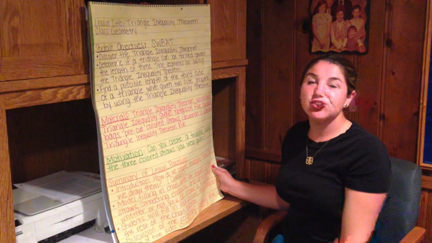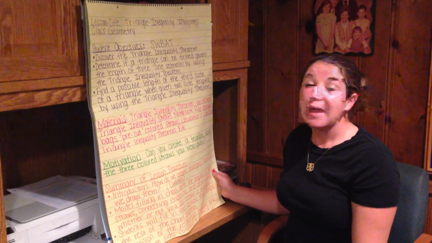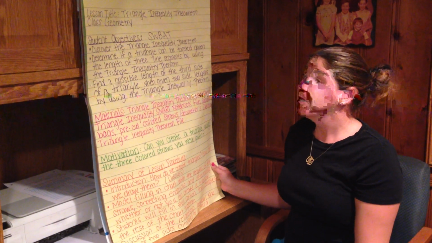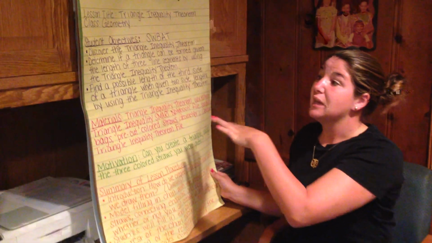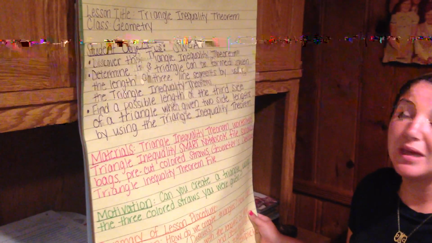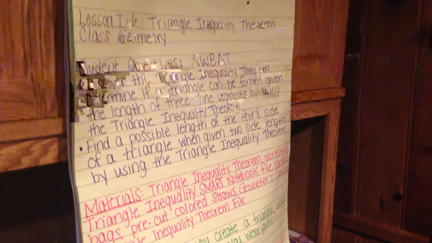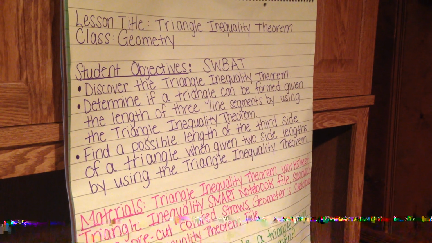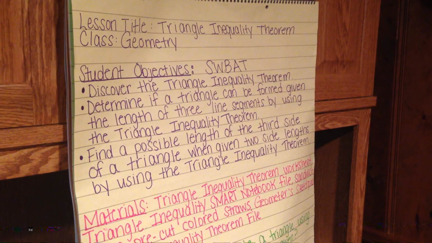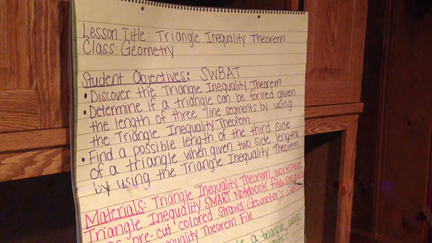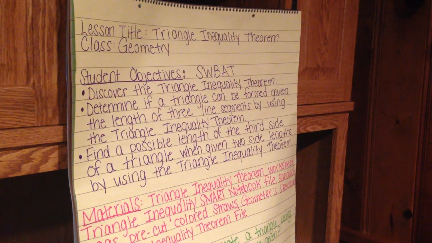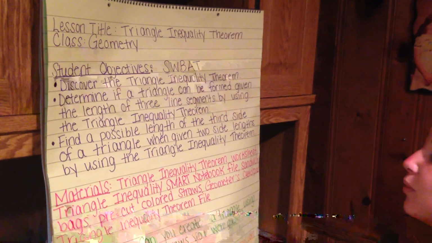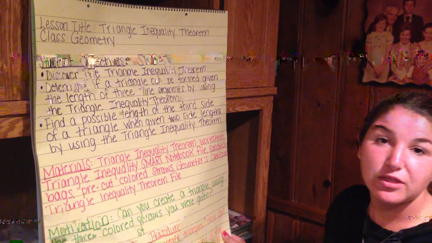The lesson title is Triangle Inequality Theorem, and it is for a high school geometry class. Starting off with the objectives for the lesson, the students will be able to discover the triangle inequality theorem, determine if a triangle can be formed given the length of 3 line segments by using the triangle inequality theorem, find a possible length of the third side of a triangle when given 2 side lengths by using the triangle